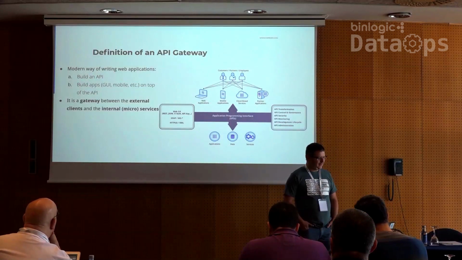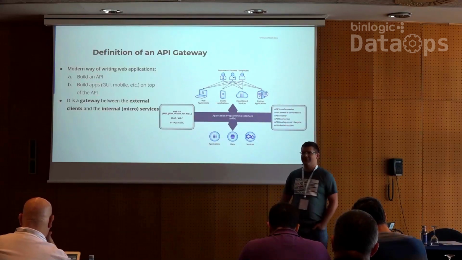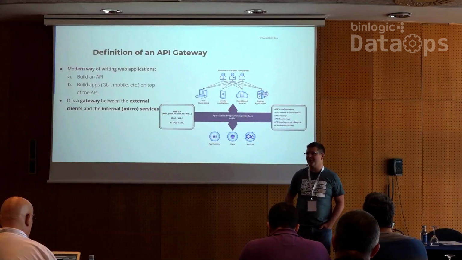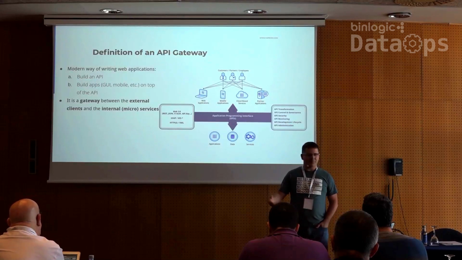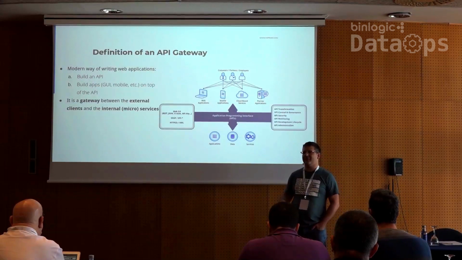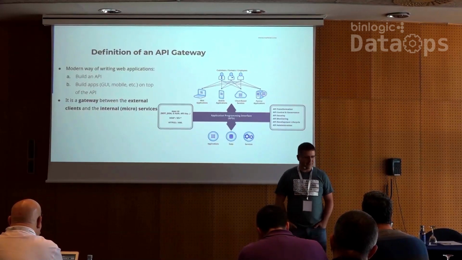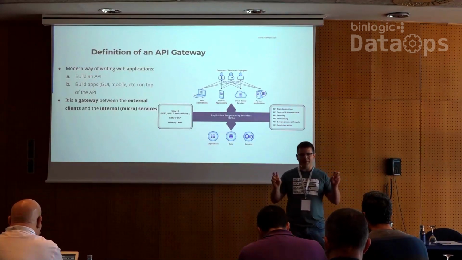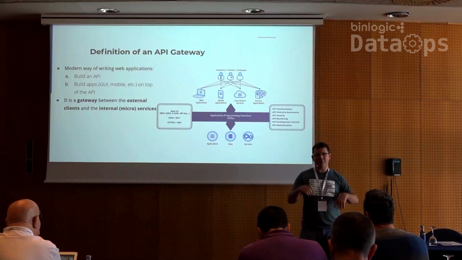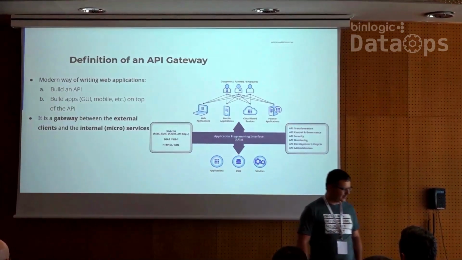a reverse proxy. So in your modern applications, your developers are going to write an API. Let's say that's written in Node.js, Go, PHP, whatever language you want. And this API is exposed on the internet. And you will have front-end developers that will write your HTML, CSS, JavaScript, etc. That will call the API to build the pages of your own application. So this is what we call the modern way of developing applications. We used to have before that PHP that was generating HTML, and then HTML was pushed to the client, etc. Now the game is changing a lot.